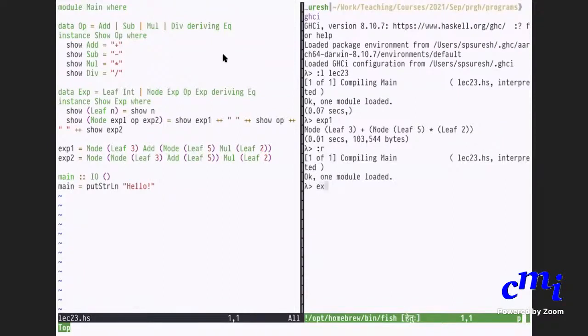But now, if I say expression 1, hey, what happened? Stack overflow. Right? Sorry. Sir, I think in the definition for show, it's expl.